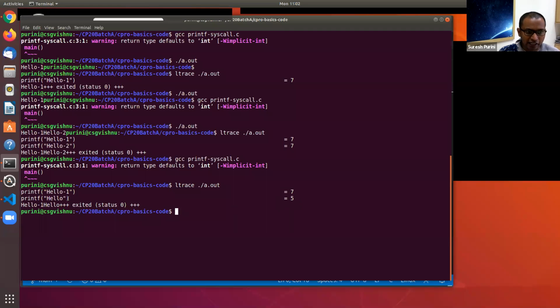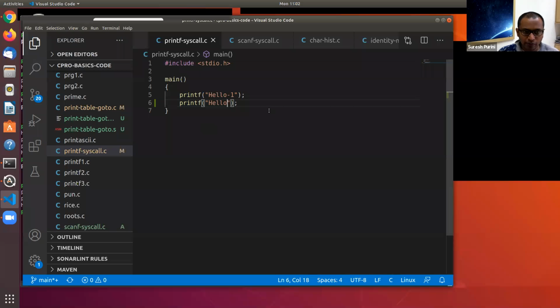In the second case, printf printed hello on the screen, and it returns the number of characters printed, which is 5. It returns 5 as the return value to the user. In this particular program we are ignoring these return values, not using them. Not an issue. In C, we can choose to ignore the return values.